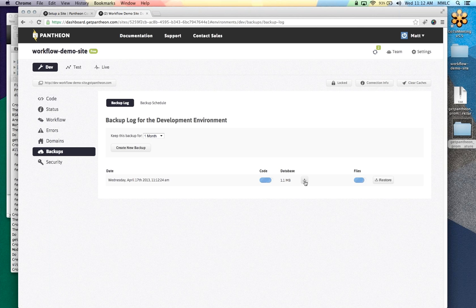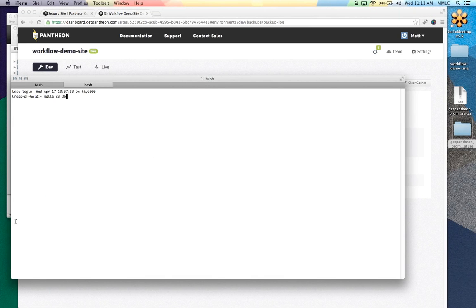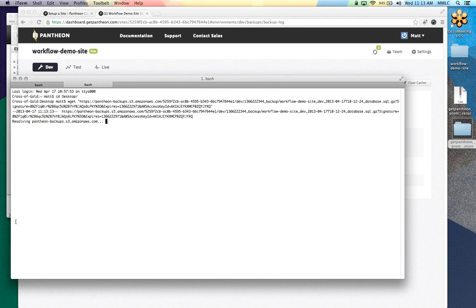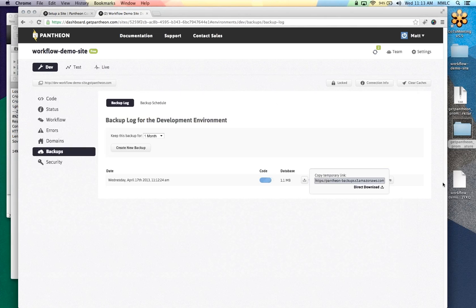But the way the backups work is that before, to do a backup, it might require a lot of command line clicking or archiving. You'd have to take your files and archive them. You'd have to go figure out your MySQL credentials and dump the database. You'd have to go find the files directory. Pantheon makes this real easy for you. Instead of having to go through all that manually, you just hit create new backup, and Pantheon's robots